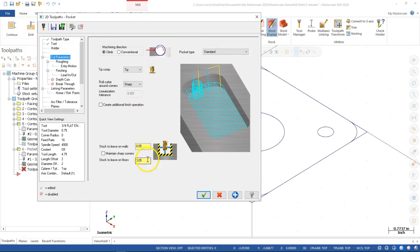Unless it's a harder material, I don't usually leave material on the floors, and only a little material on the walls to come back and clean up, hold the tolerances. Again, you have to decide, are you going to rough and finish in this pocket operation, or are you going to have a separate? I think the separate, again, if I need more control, or if this is a bore that I'm going to have to fine tune,